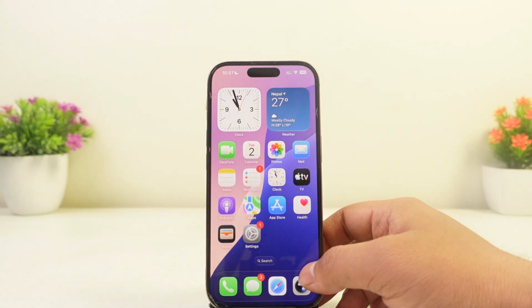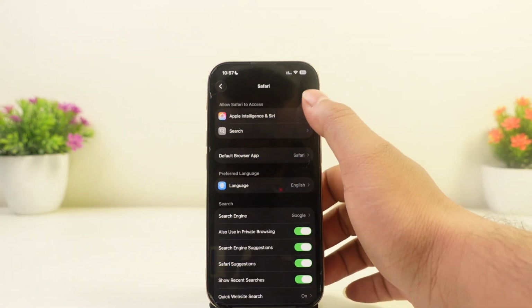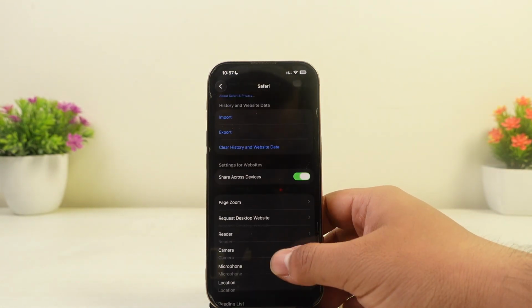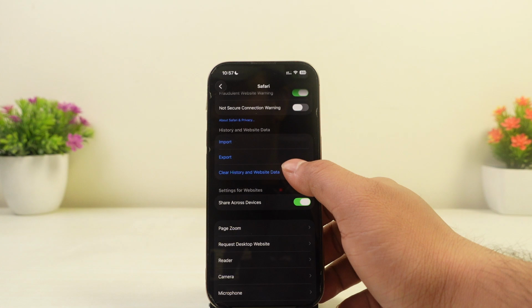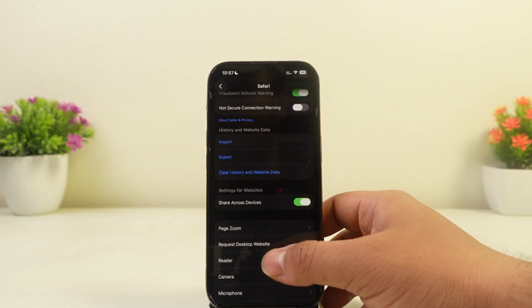Once you've done this step, the other thing that you can also try out is to clear out the history and website data. In order to do this, just head over to the settings on your device, over to apps and head over to Safari, scroll down to the bottom of the page where you'll be able to see the option called clear history and website data. You can simply tap on this option, and once you do these couple of steps, you should be able to